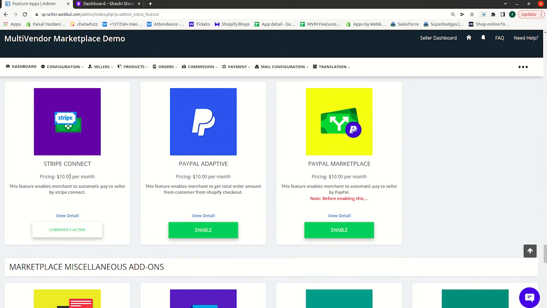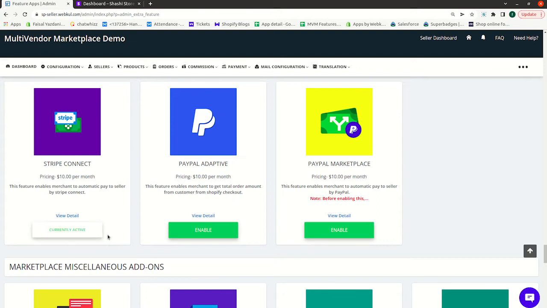Here, as you can see, it will cost you $10 per month extra on your ongoing multi-vendor subscription. When you enable this, they will ask you to agree to pay that amount, and then once enabled, you will find it in currently active status, as you can see over here.